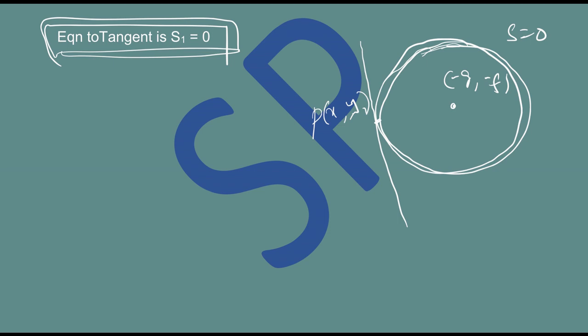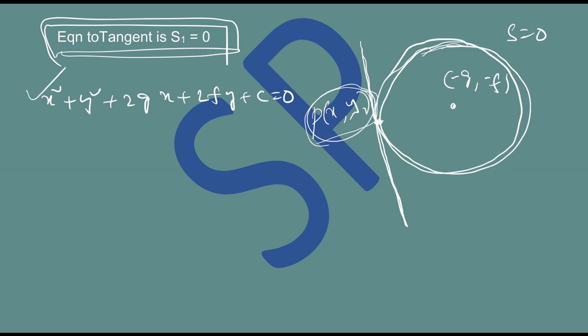From the first year calculus, we know not only for circle, for any differentiable curve, how to find equation to the tangent at a point. So that is what we follow even here. See, the curve is x square plus y square plus 2gx plus 2fy plus c equal to 0. Now to find equation to the tangent, as it is a straight line, we need slope and point. See, point is already there. All that you need is slope. And for the slope, differentiate the curve, substitute the point, you will get slope of the tangent at that point. So that's what I am going to do. I am going to differentiate implicitly.